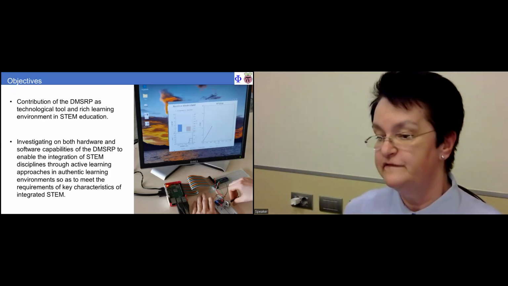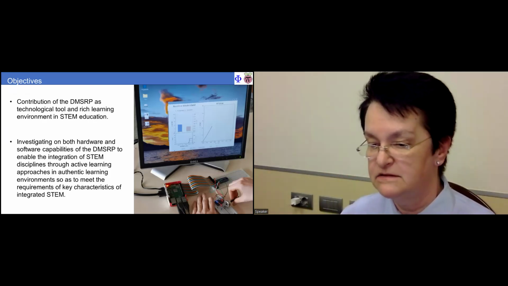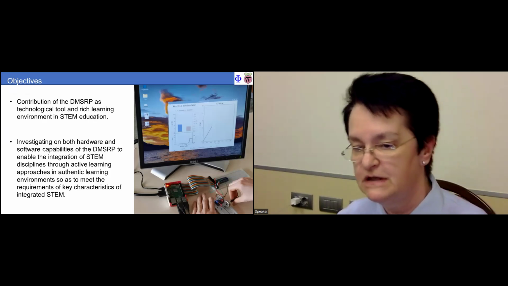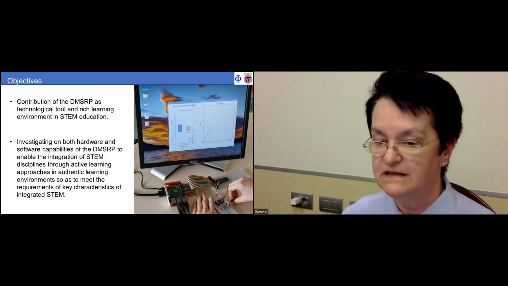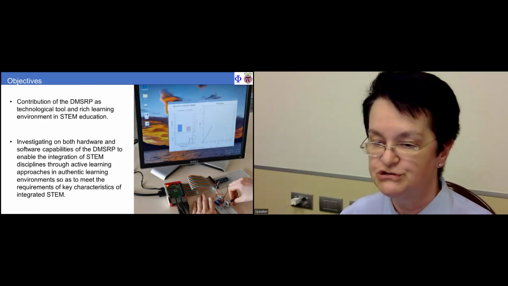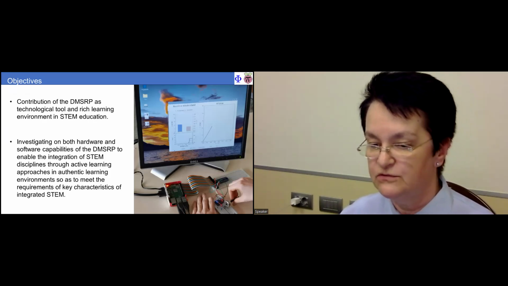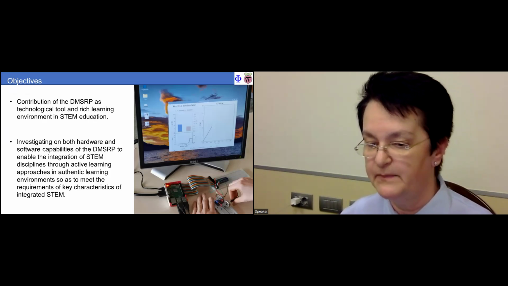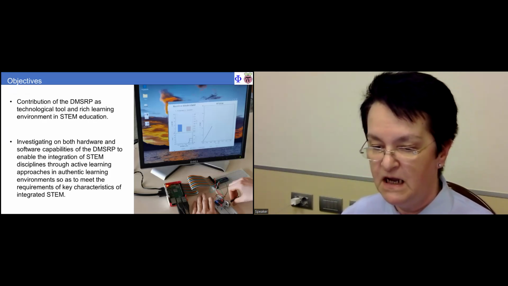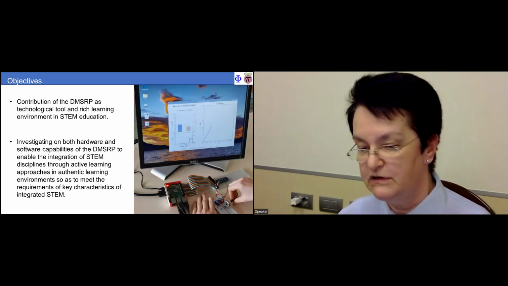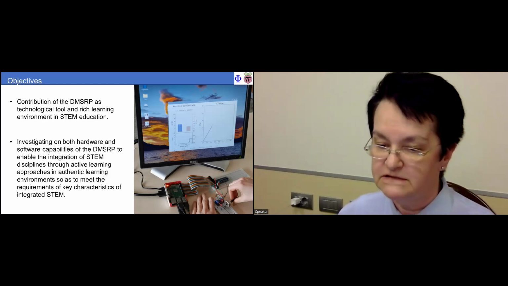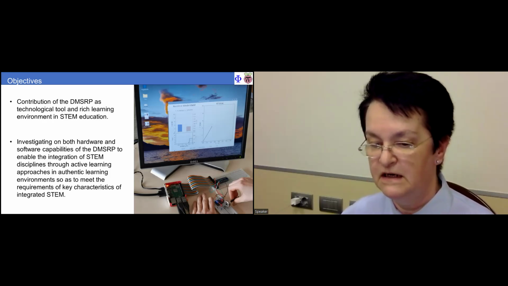The objectives of this presentation are to emphasize the contribution of the DMSRP as a technological tool and rich learning environment in STEM. And then I investigate both hardware and software capabilities of the DMSRP to enable integration of STEM, proactive learning, and authentic learning, so as to meet the